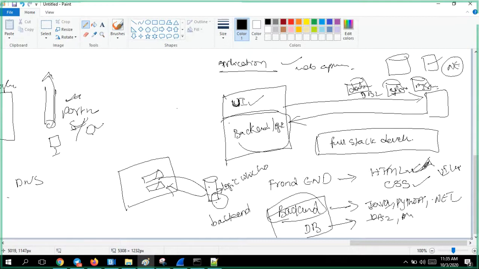You will use Java development or Python development or .NET development and interact with the databases. But for the user, you will display this information in a pretty good web page. Got it?